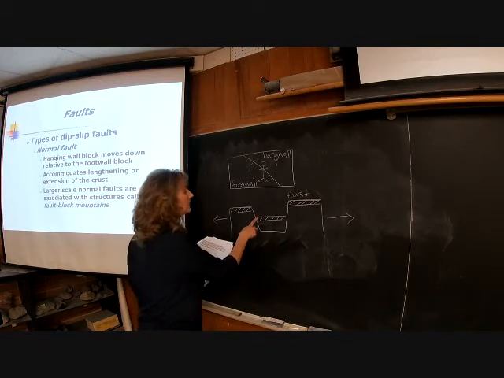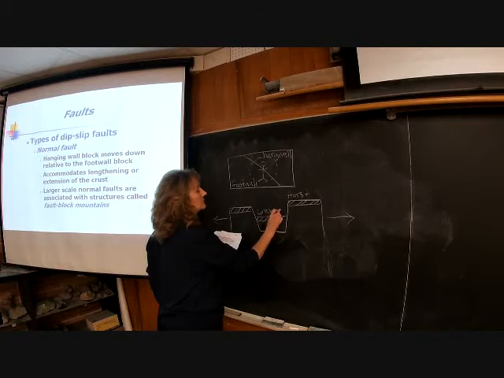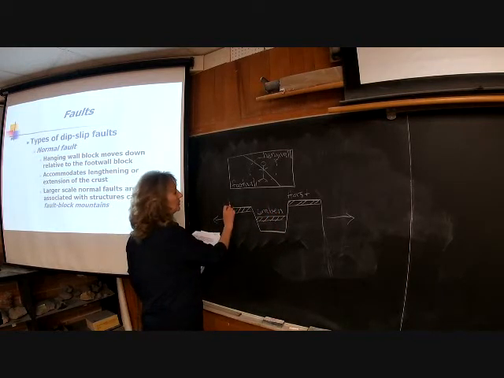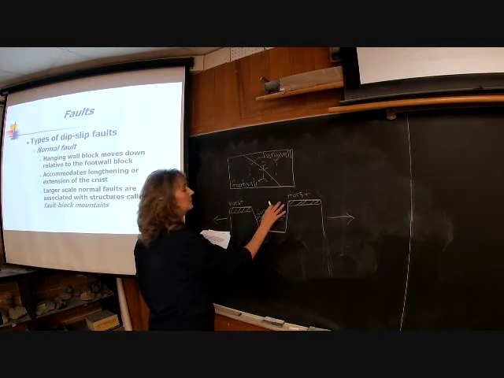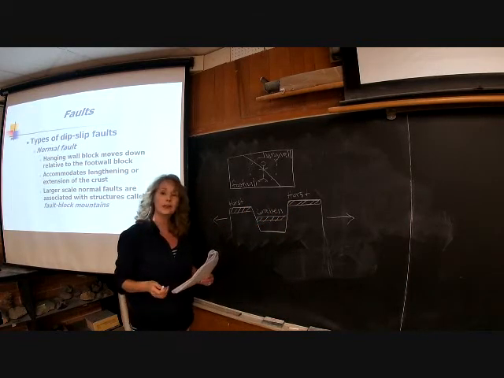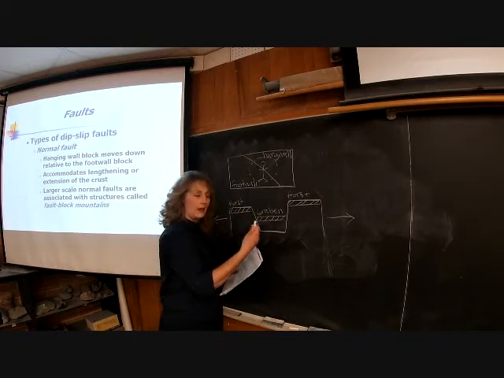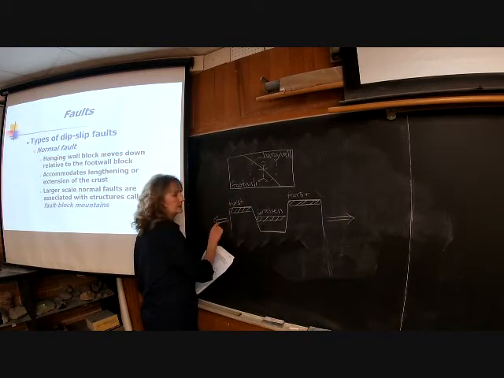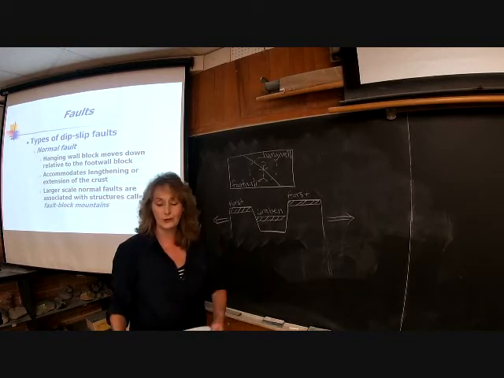H-O-R-S-T, and the low one down is called a graben, G-R-A-B-E-N, a graben. And again, this would be a horst over here. Okay, a horst and a graben. And so you can get these fault block mountains, and they just kind of repeat. Okay, and it's all due to this tensional, right, extension of the crust, so the pulling apart of the crust,